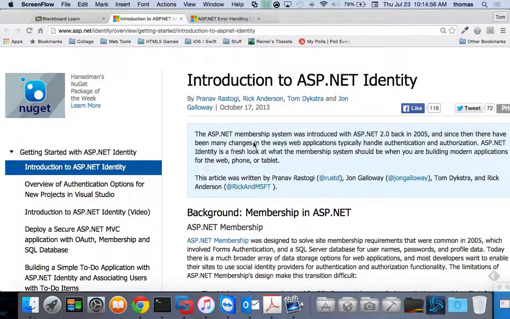COMP2007, week 11, lesson 11, part 1. Last week we talked about membership from a security perspective: logging in, logging out, all that stuff. This week I want to talk about identity. So there's this website I want you guys to go to. It's on the ASP.NET website,